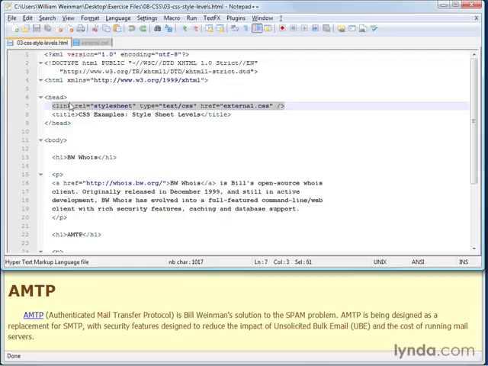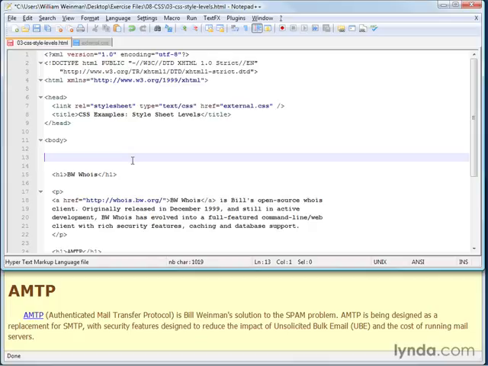Before we get into the syntax of the CSS itself, there's one subject that I'd like to cover in the XHTML on how the styles are applied. There's two special tags in XHTML and HTML called span and div. Div is a block level element and span is an inline element. And so they're used like this. They don't have any properties of their own, but they're used for applying style.